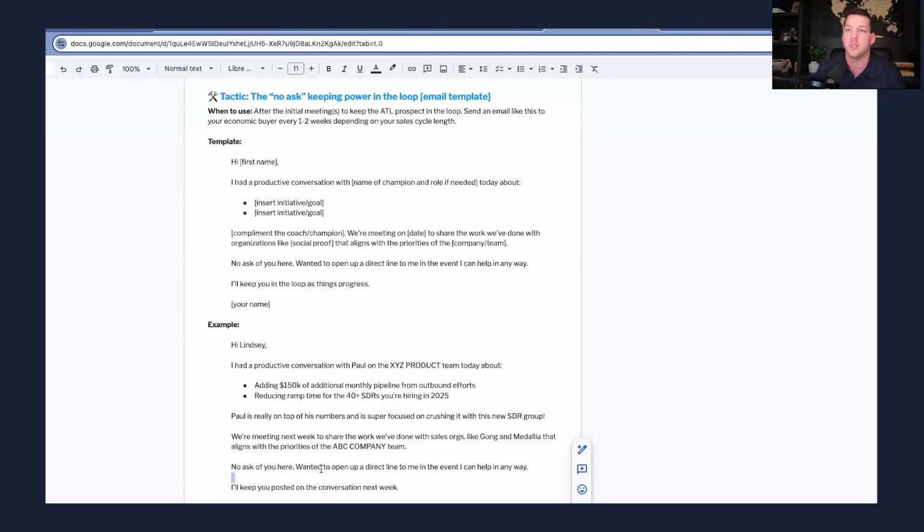What I like to do is, assuming that the conversation went well, assuming there's alignment on what problem they're trying to solve and we can actually solve that problem, and I understand how that aligns with their strategic priorities, I'm going to ask the champion. One, I'm going to do my research. I'm not just going to ask who's the right person that should be involved. I'm going to say, typically in the next step, X, Y, and Z are involved in the conversation. It looks like that's Joe, Sarah, and Susan. Is that right? I'm going to get confirmation first that those are the right people that need to be involved in the deal. Then I'm going to ask for permission: hey, I have their emails. Do you mind if I include them in the recap that I send after this?